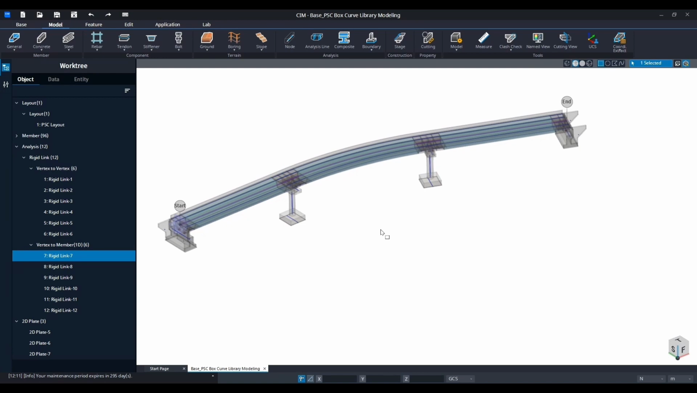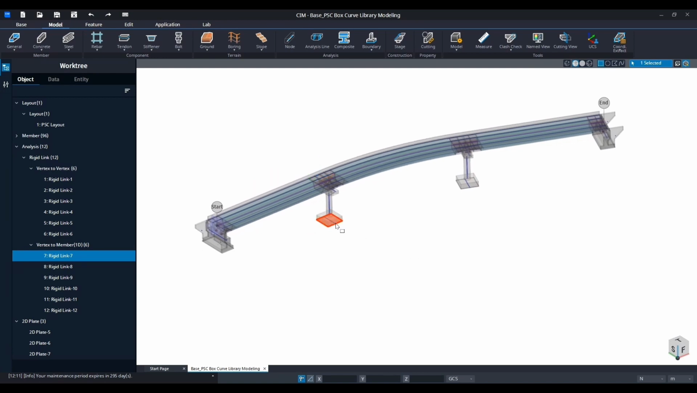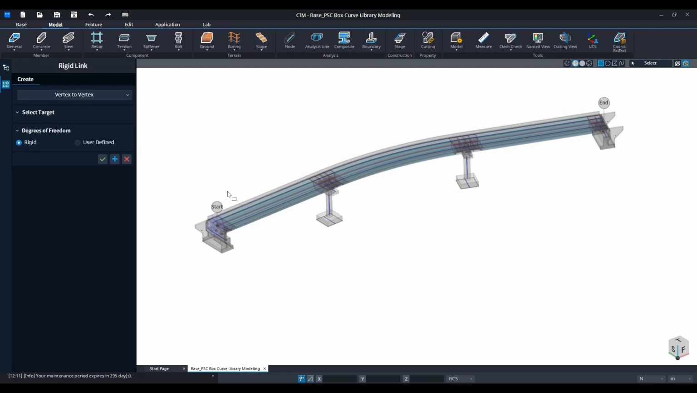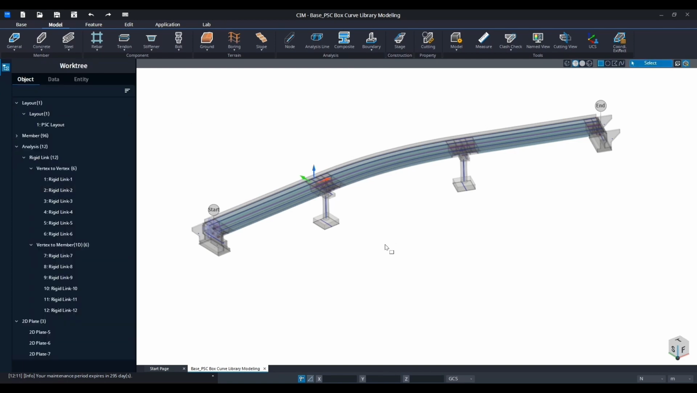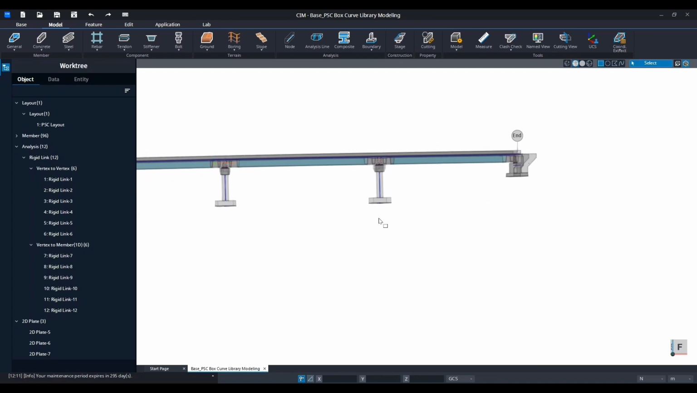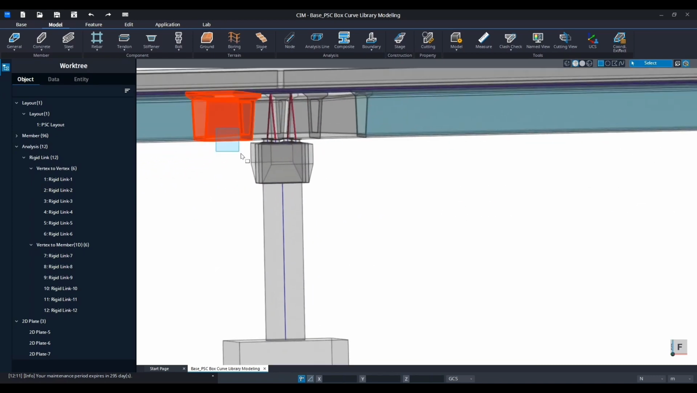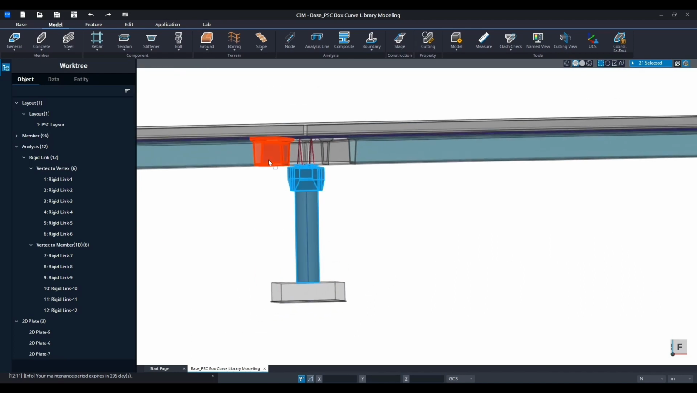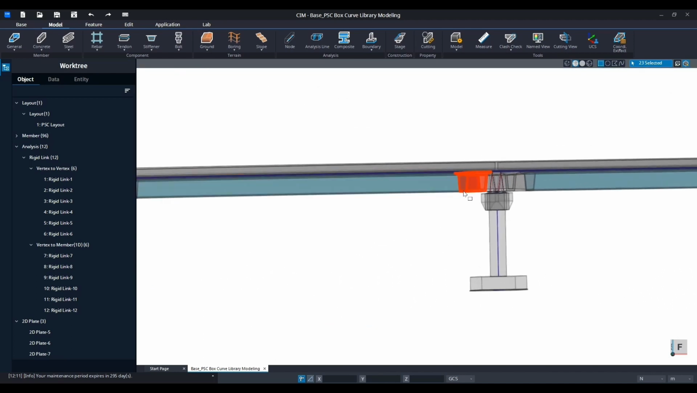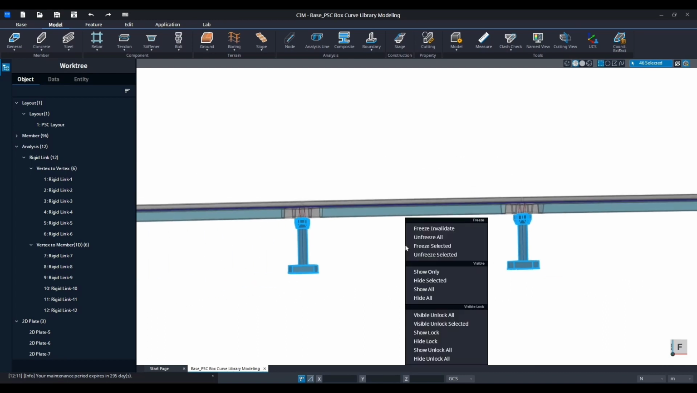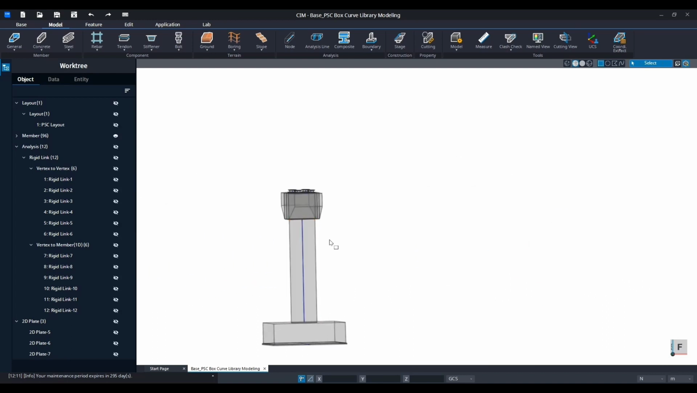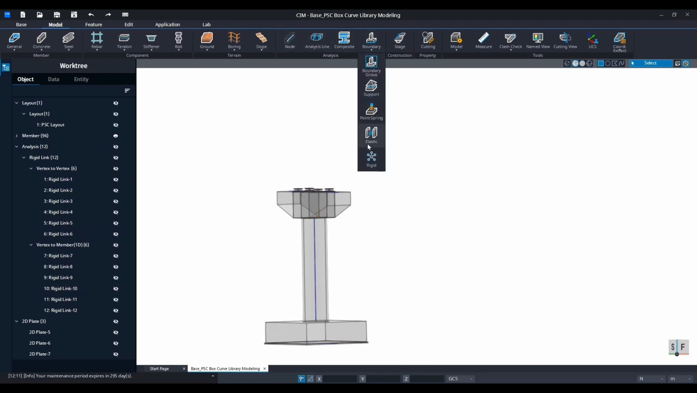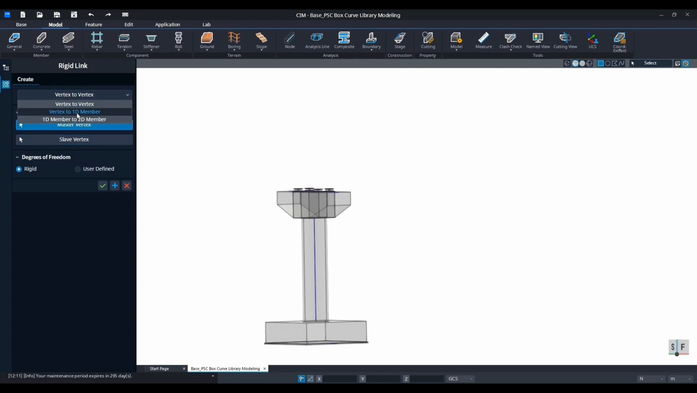For the elastic link, it will be for the pier, but in this case, we want to create another rigid link for the pier. But first thing first, we have to isolate the T pier first. Okay, this one and this one. We want to click show only, and then similar rigid link, vertex to 1D member,